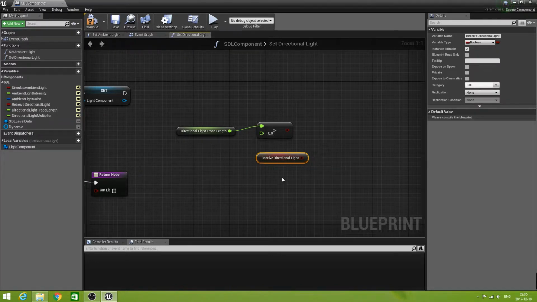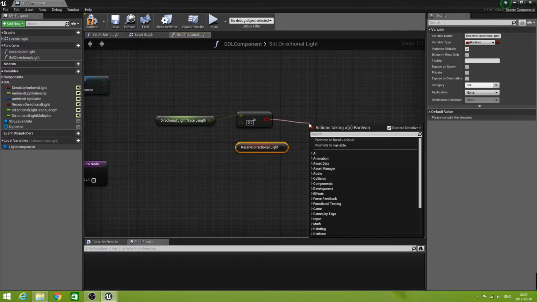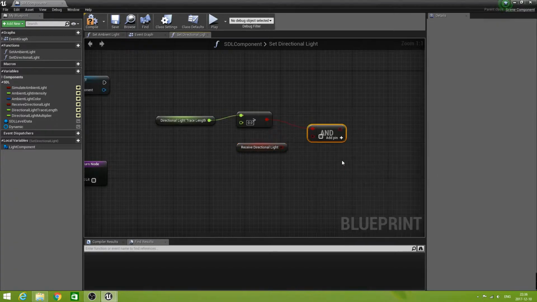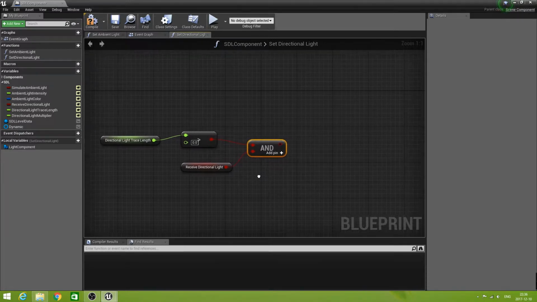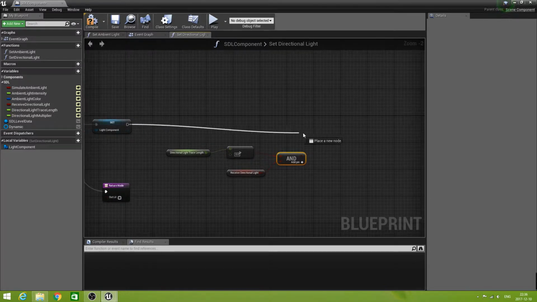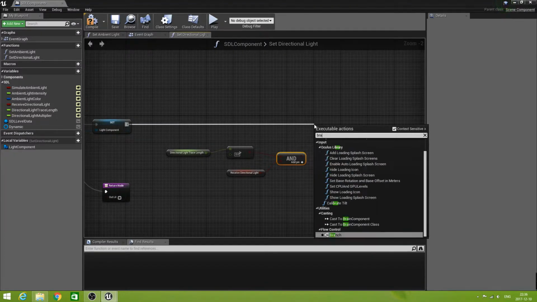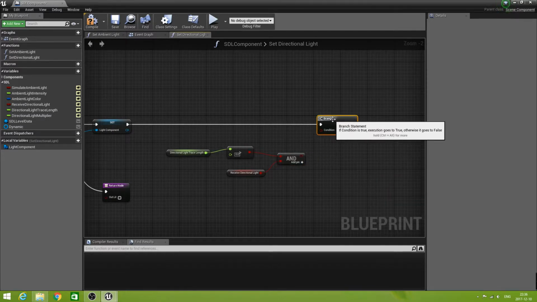This flag basically tells us if we want to receive directional light at all. And these two combined will give us the value, the condition for the decision that we're going to make here, and that is a branch based on this condition,